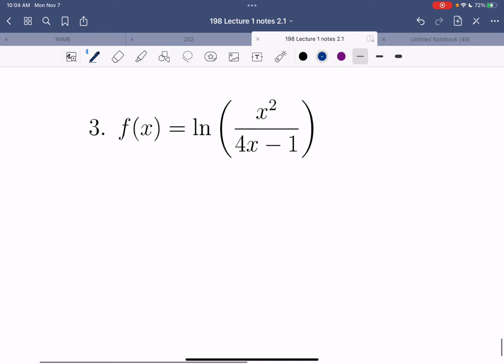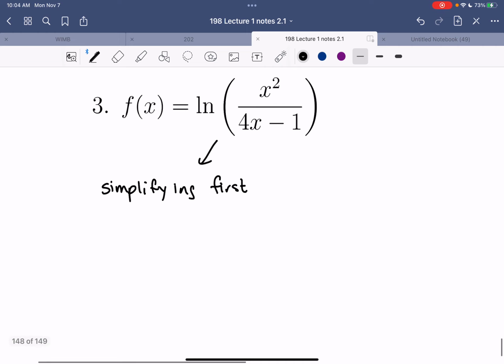Number 3. Okay, so here's where our rules are going to help. So I'm going to do this 2 different ways. The first way I'm going to do this is by simplifying first. Okay, so when we simplify this first, we notice that we're taking the natural log of a division, right, of